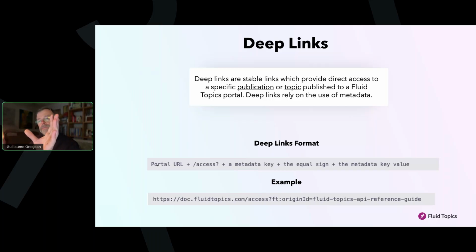And that's all you need to create a link that will always remain available, because you have used the right metadata, and that is always easy to use inside the coding application, because it can use variables that you already know inside the external application. So for example, what you see on the screen: portal URL plus access, metadata key, and the metadata value. For example,